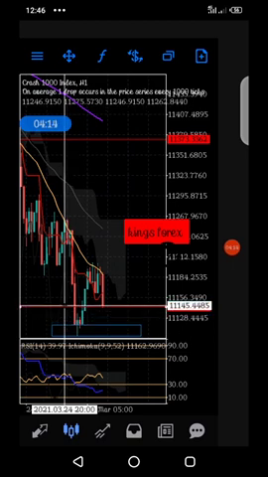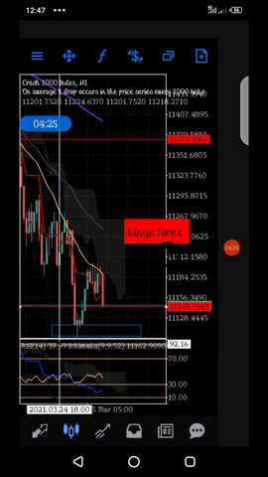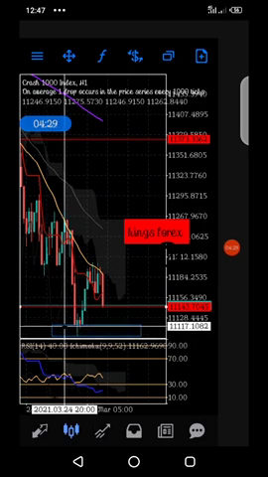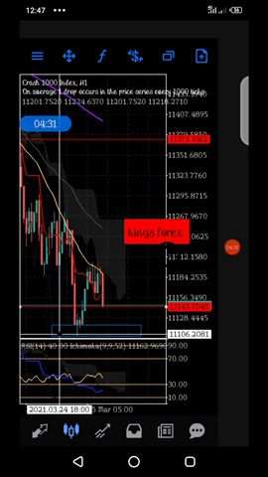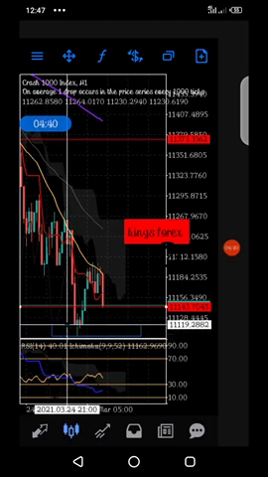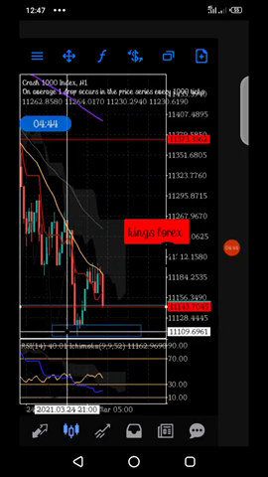The confirmation is this red one that is coming down must enter into the box and go up, must close on the box or in the box. It might go down below the box but still come back up with a wick and close the body of the candle in the box. Fine. So when you see that it closed in the box, you wait for another candle to open. After the last candle that closed in the box, wait for another candle.